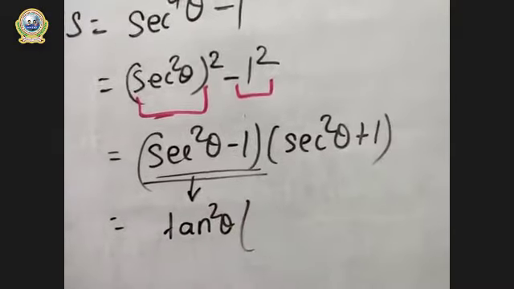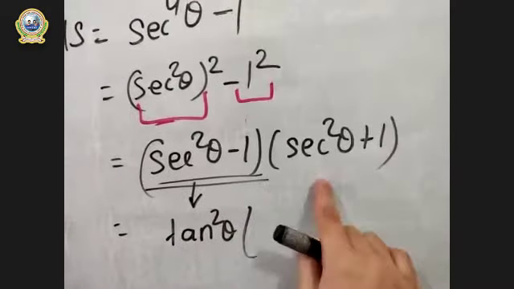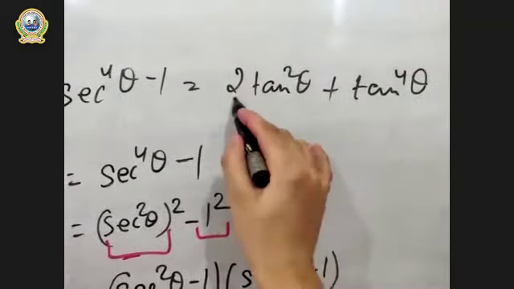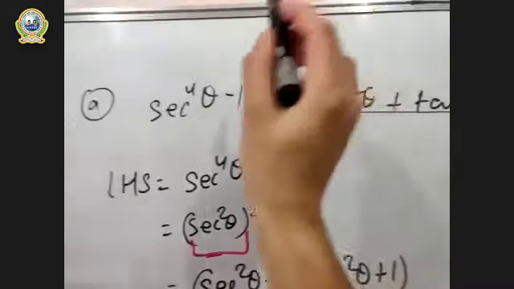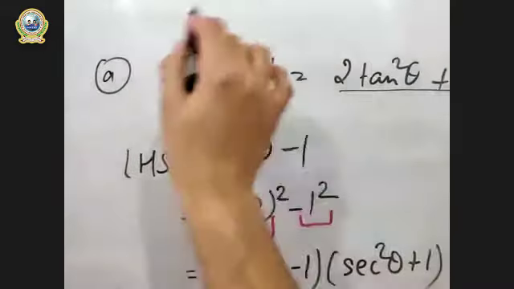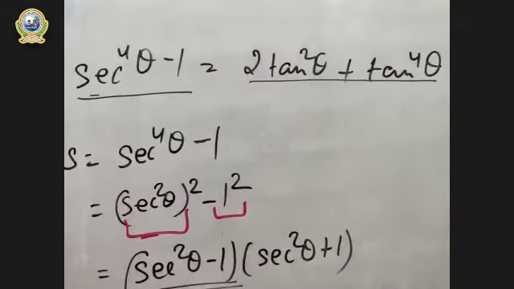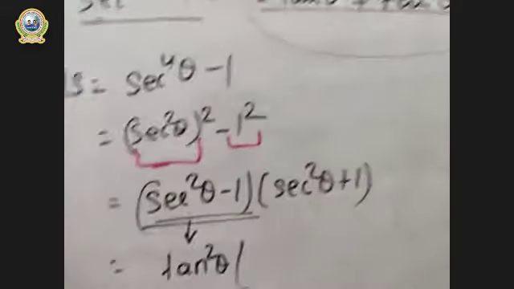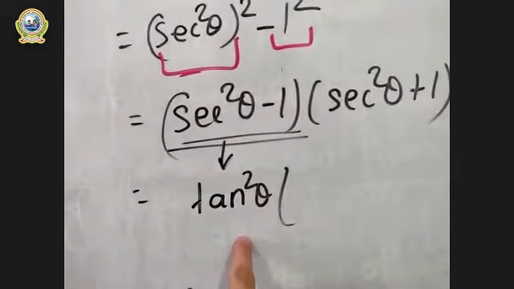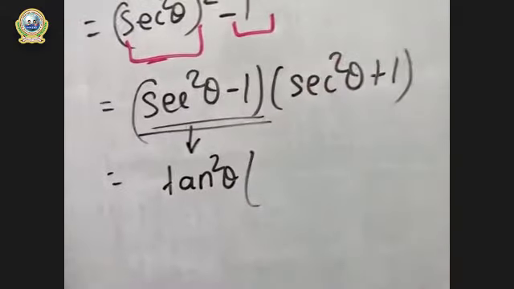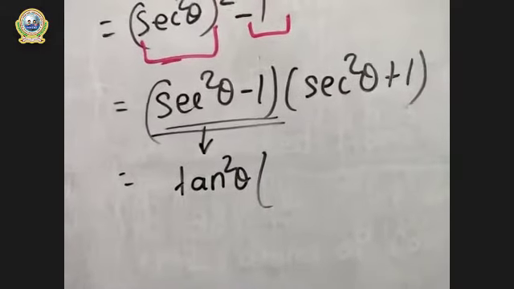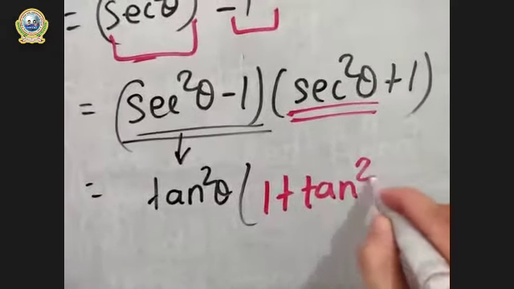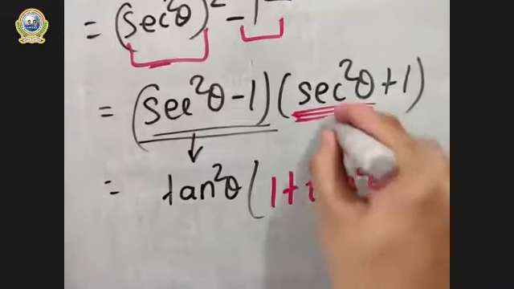Tan square theta. And now let's convert this into tan. Look at the RHS part first. In the RHS there is no sec, and in the LHS there is only sec. So we are now converting sec into tan completely, because our right hand side does not contain sec at all. But this is not our standard formula, so let's write the formula. This sec square theta can be written as 1 plus tan square theta. You remember this, right? This is our standard formula.